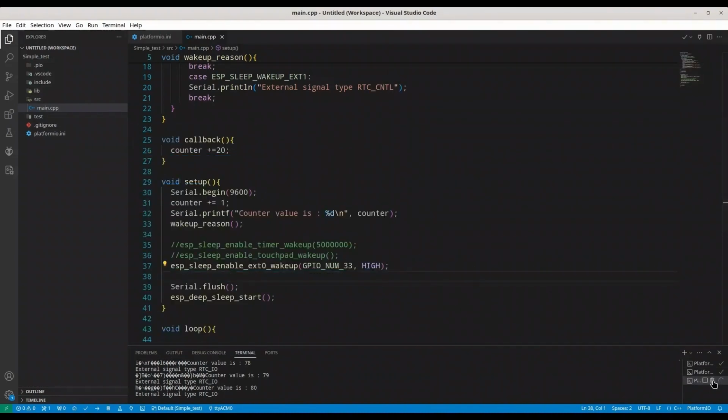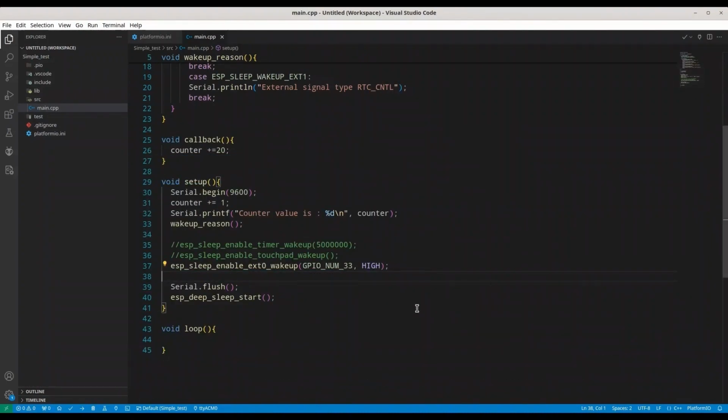So first I'm just going to close all of this, and now instead of using ext0, we are going to use ext1 wake up. But with this function we have to provide different arguments. So we are going to provide basically a list of pins that we are going to use. So for this example I'm going to use pin 33 and pin 32, but we have to provide those numbers